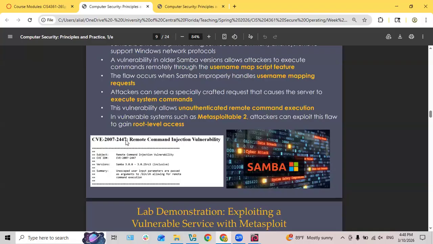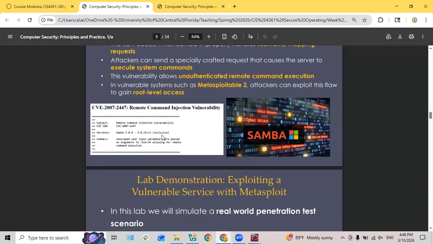We discussed this in the other courses. If you search the NVD, the NIST database, you can find these vulnerabilities that have been reported, and they tell you what these vulnerabilities are and what you can do with them. So for us to launch this,